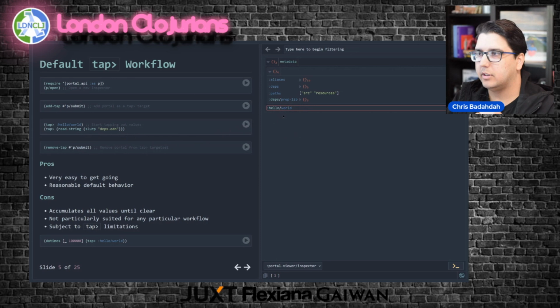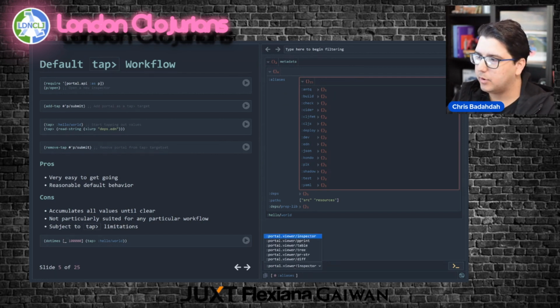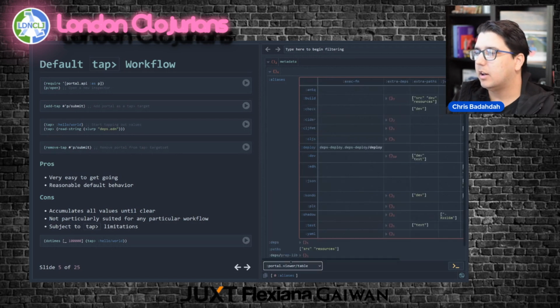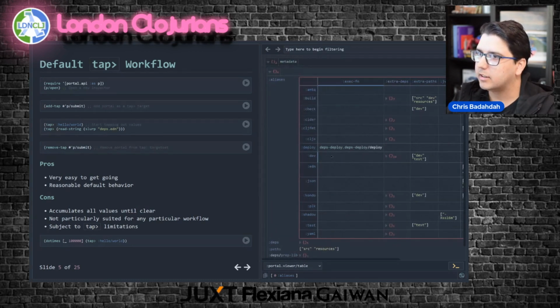So hello world is here, and then the read-string was of the deps.edn. And you can see, oh, this is a map. It has these keys and these values. Those values, you can again collapse and expand them. You can visualize them. For this view, I want to visualize it as a table. There's a bunch of viewers that you can use for different values, and you can see roughly what the deps.edn looks like. You can also remove-tap, so you won't be able to tap anymore.